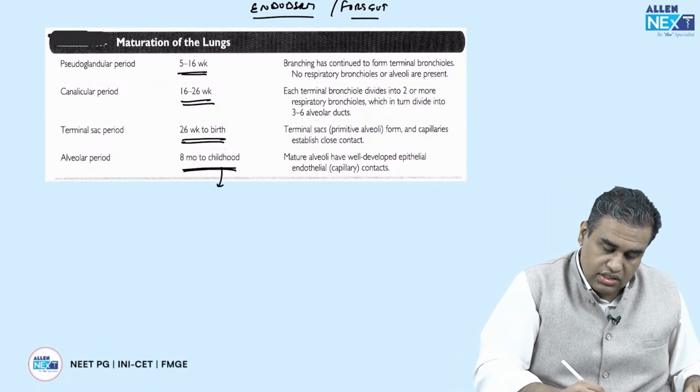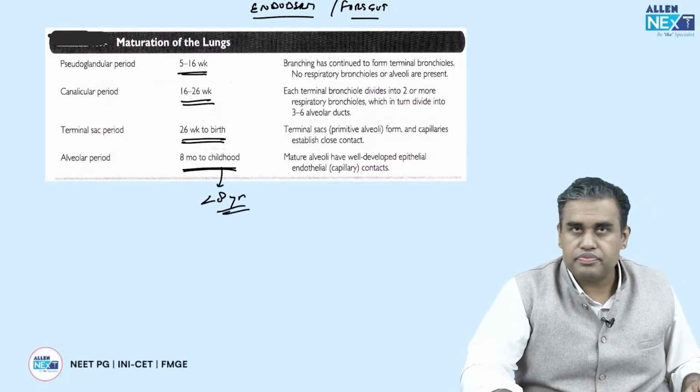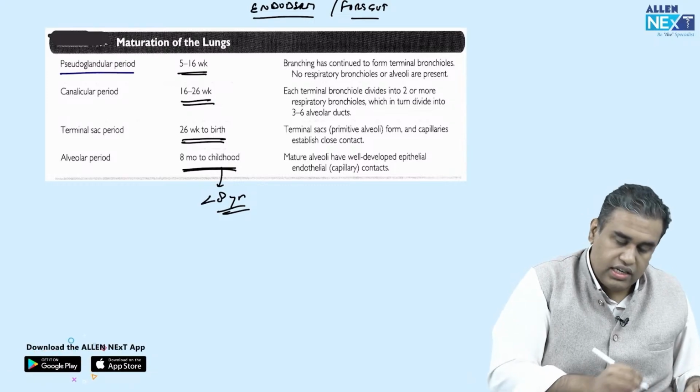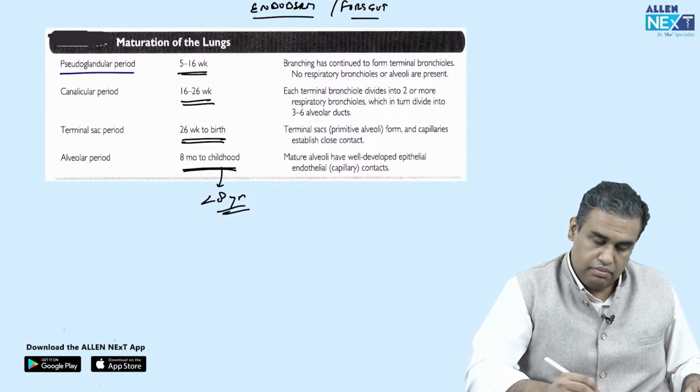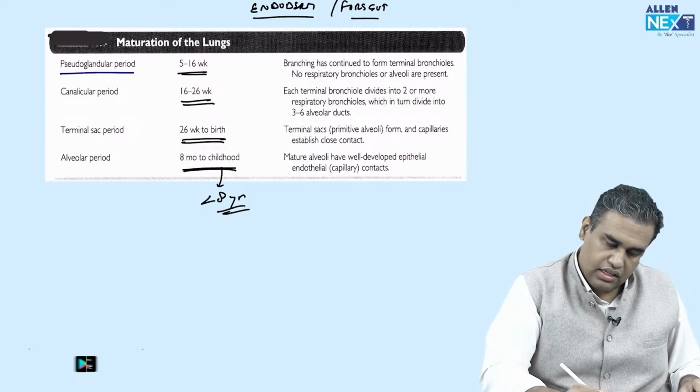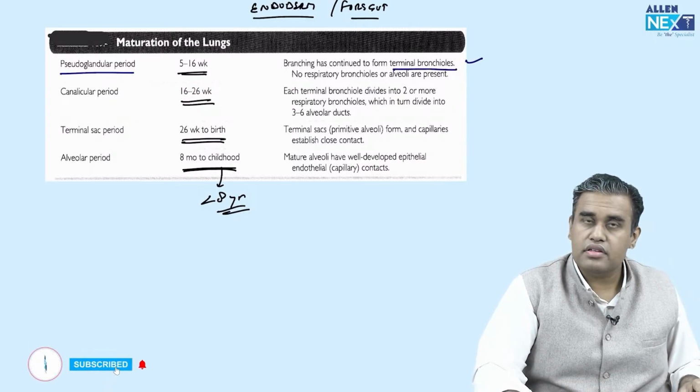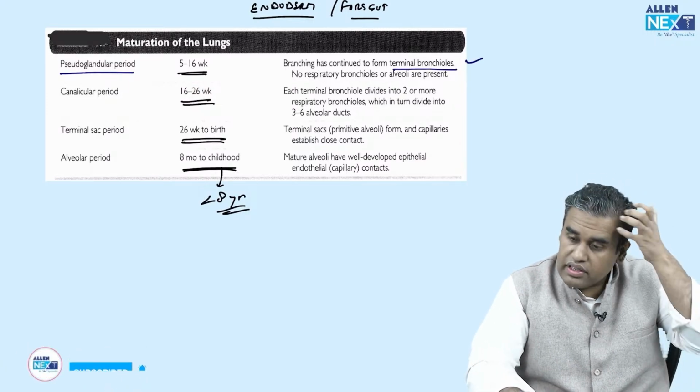and 8 months to childhood, childhood is said to be around 8 years of age। 3-4 चीजें हैं, pseudoglandular period, मेन इवेंट्स occurring over here, यहाँ पे लिखा है terminal bronchiole तक बन रहा है, ये first 16 weeks, 16 weeks is around 4 months।